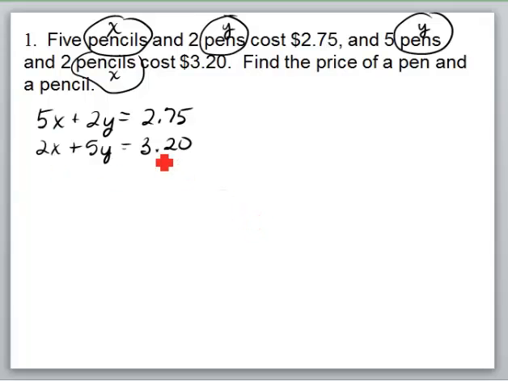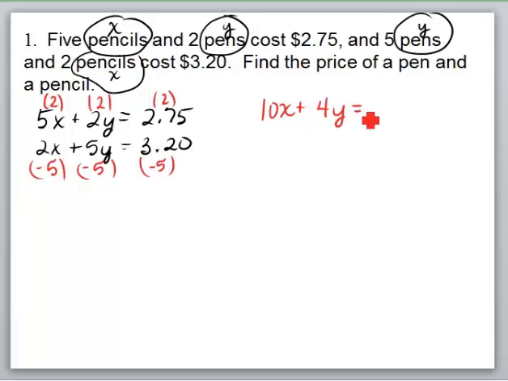If you notice, elimination would work out great, but nothing falls out right away. So what I'm going to do is flip-flop these coefficients. I'm going to multiply this top one times 2, and multiply the bottom one times 5, and actually I'm going to make it a negative 5. That way I have a positive 10x and a negative 10x, and those x's will fall out. Let's go ahead and write it over here to the side. I end up with 10x plus 4y equals 275 times 2, that's $5.50, or 5.5. Down here I have negative 10x plus negative 25y